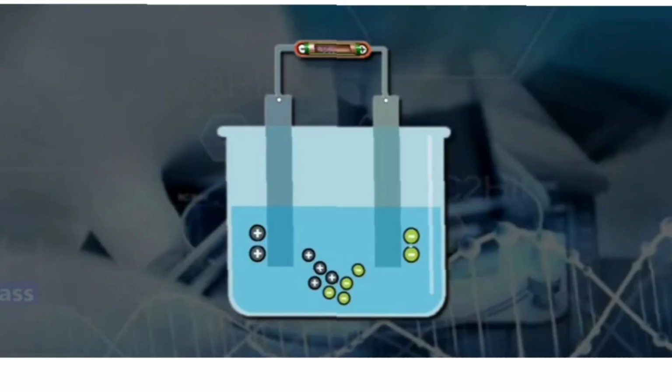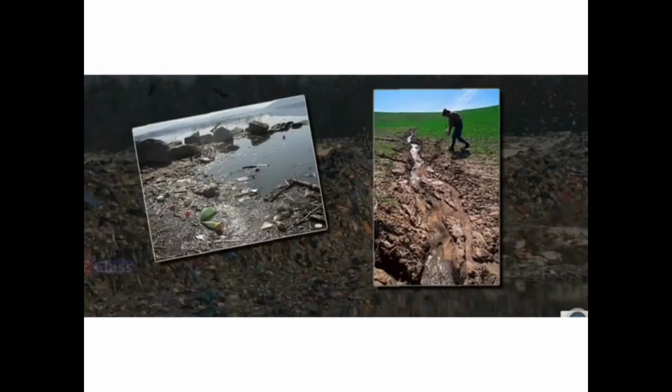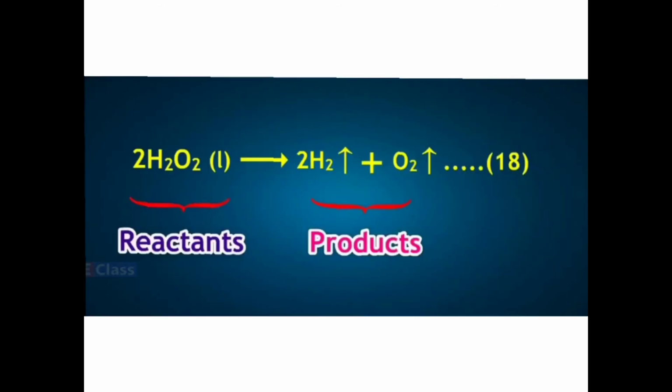So whenever electricity is passed through acidified water, the water decomposes into dihydrogen and oxygen. So this reaction can be written in the form of 2H2O gives you 2H2 plus O2. Here you have to make the correction that you are giving the electrical